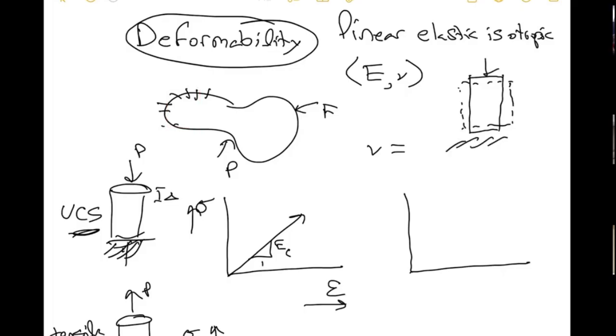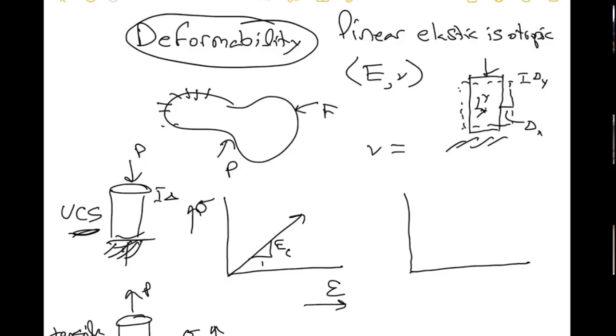it will deform. Let's put a coordinate system in here. X, Y. It will deform in the Y, and it will also bulge out here, typically bulging out in the X. Just take your rubber eraser if you have one and squeeze it and it'll bulge out. That's a very typical thing.